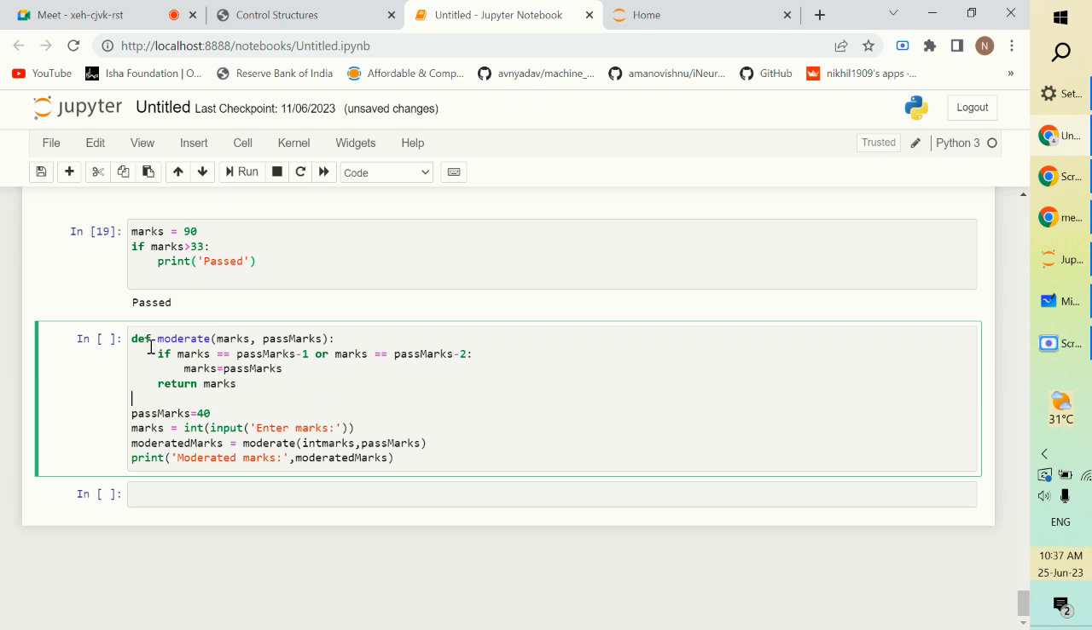Okay, so we have made this function moderate. What moderate is doing is taking two parameters, first of all marks and then the pass marks. Then it is checking if marks is equal to pass marks minus 1, or marks is equal to pass marks minus 2, or marks is equal to pass marks, and then it will return the marks. So if the pass marks is 40,